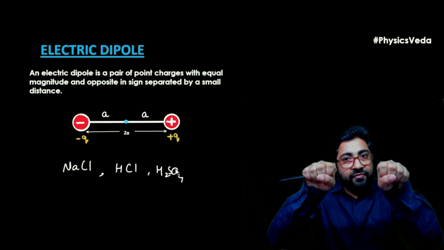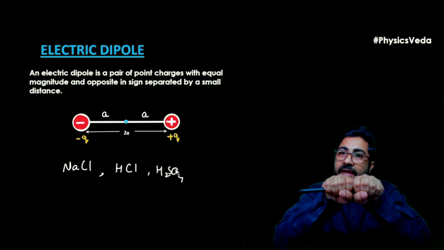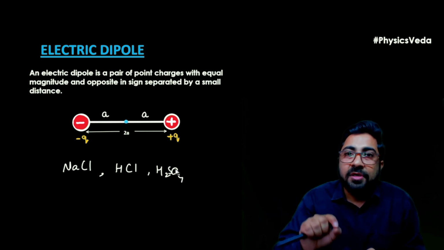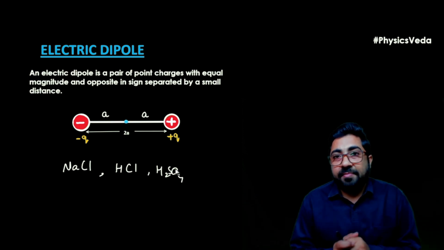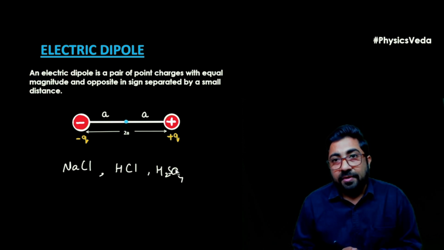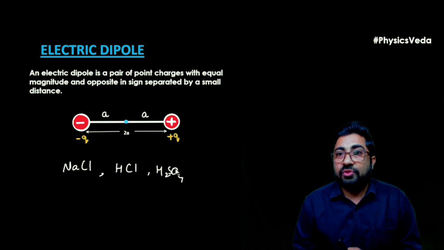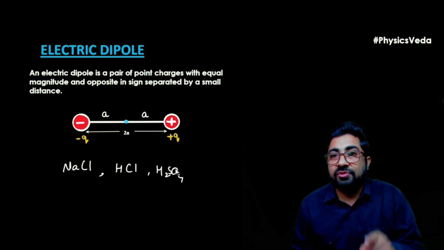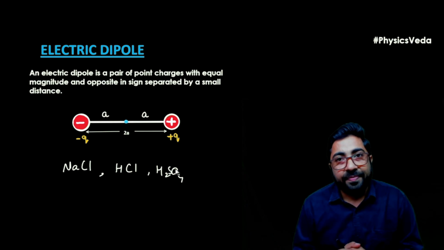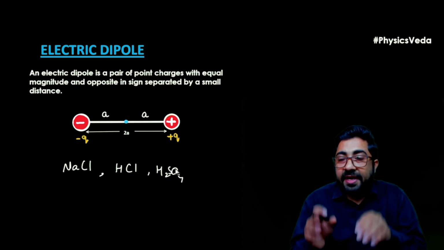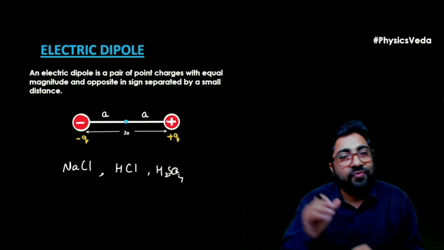By that attraction force, they stick to each other, they attract to each other, and they form a compound, they form a molecule, that is sodium chloride. If we take an example of H2SO4, SO4 shares two electrons of hydrogen, so that's why the charge on hydrogen is positive 2 and the charge on SO4 is negative 2. In this system, there are two positive charges on hydrogen and two negative charges on SO4.